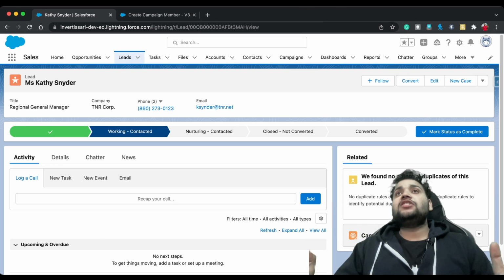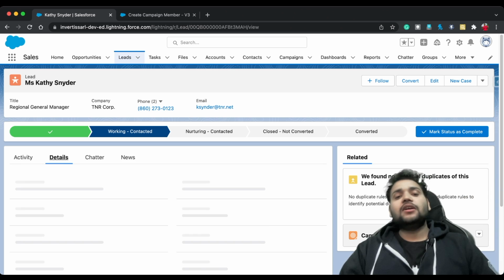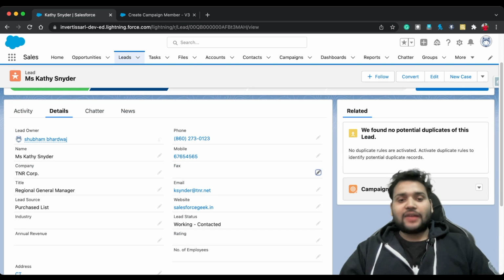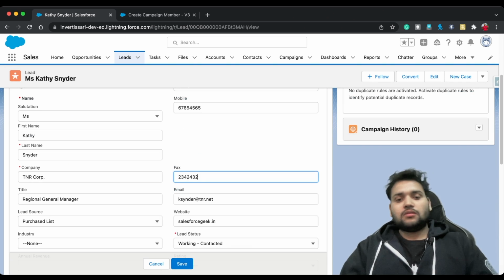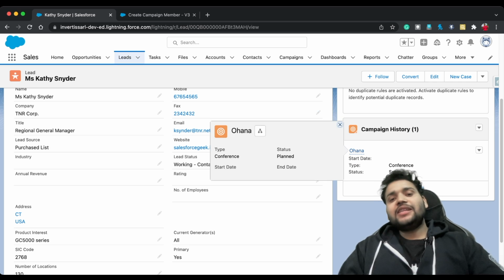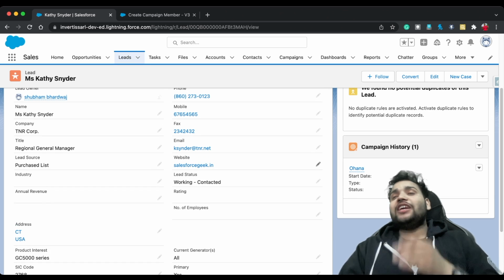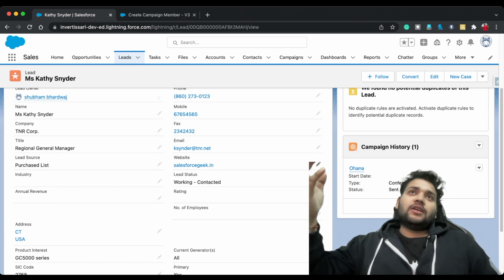We did not change the status field. And let's say I change any other field over there, let's say fax, something random, just ignore that value, and click save. You can see this lead is automatically added to the campaign history, even though I changed a different field.